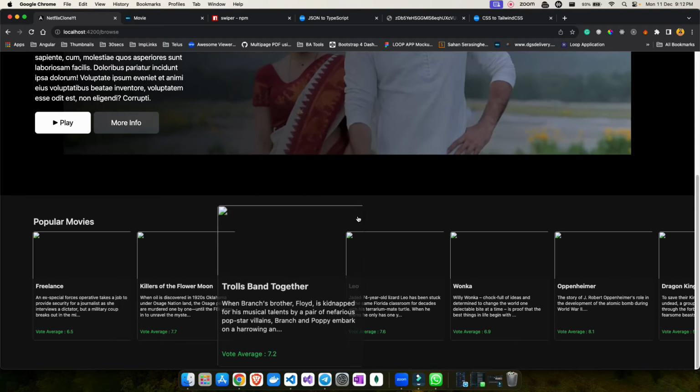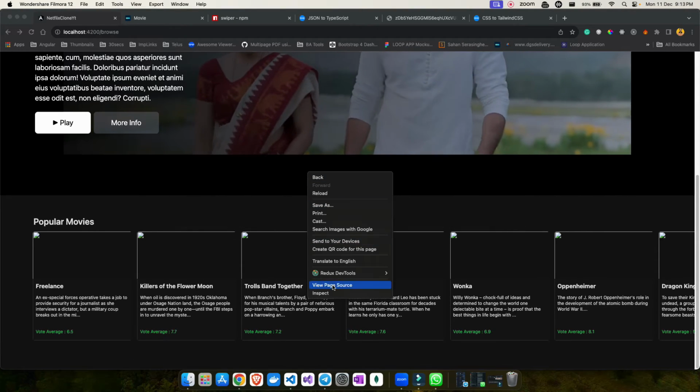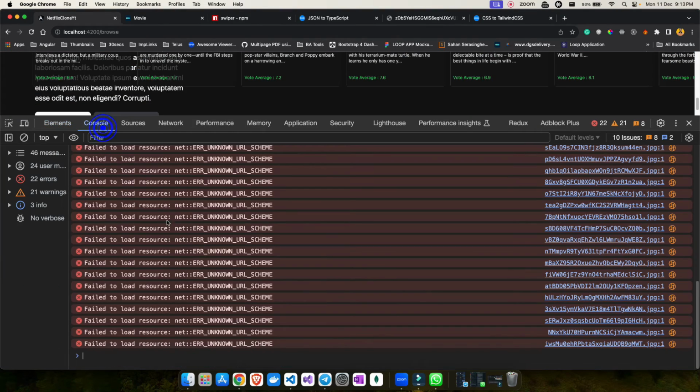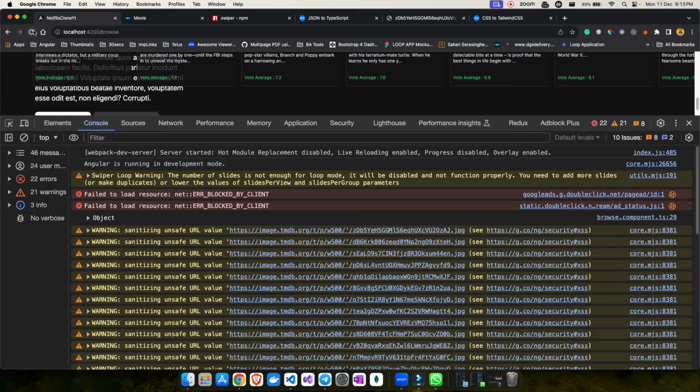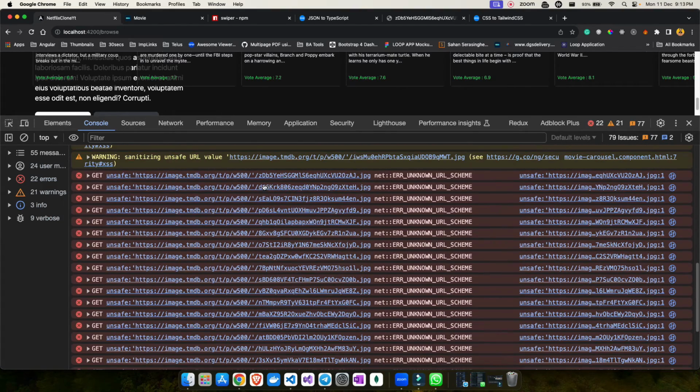Okay, so now this is failing, right? Let me see why. What is the problem that it is failing? So you can check that in compile. If I check here in the compilation, and now if I check in the console, what is the error? If I refresh the changes, okay, so can you see now it gives me that it is an unsafe URL? Yes or no? It gives me that this is an unsafe URL, and because of that, I think this is adding some slash or something like that.